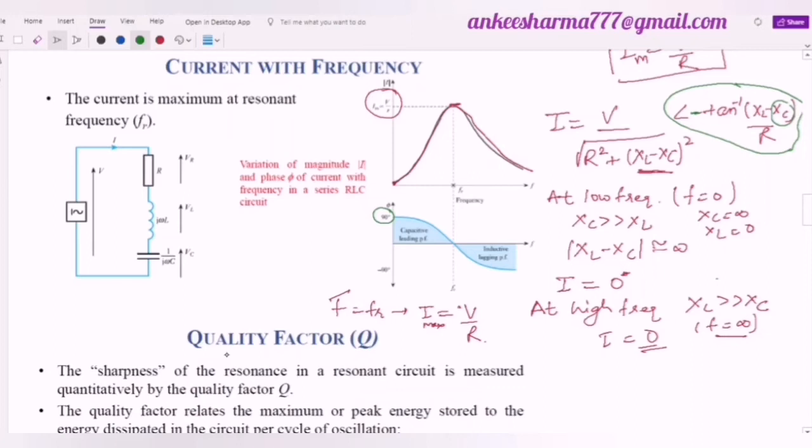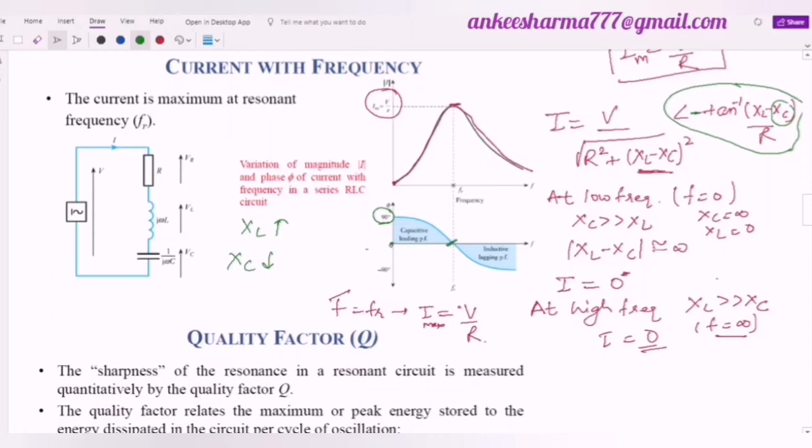So this is that point exactly at capacitive, when XC will be infinity and XL equal to 0. So definitely at F equal to 0, I can see here that the phase difference will be of 90 degree. But as I am moving further, or I am increasing frequency, what is going to happen? XL will start increasing and XC will start decreasing. Due to this effect, the 90 degree phase shift will start decreasing and it reaches a minimum or